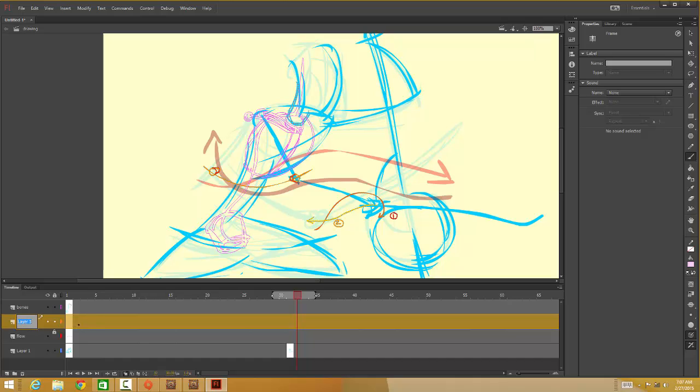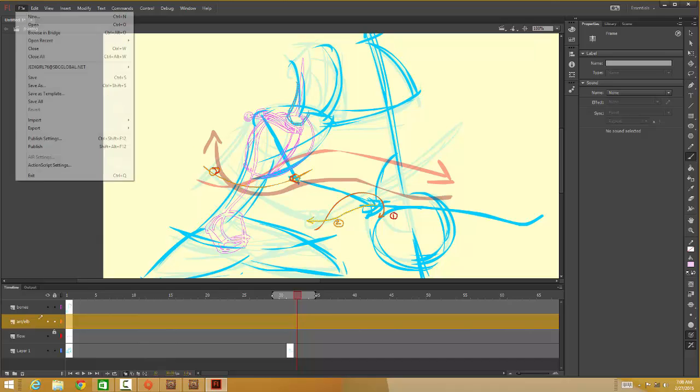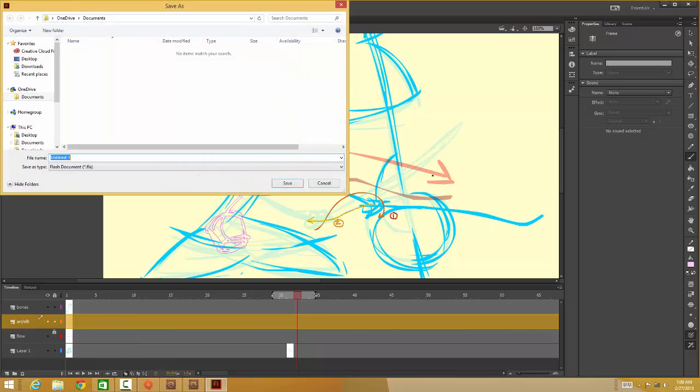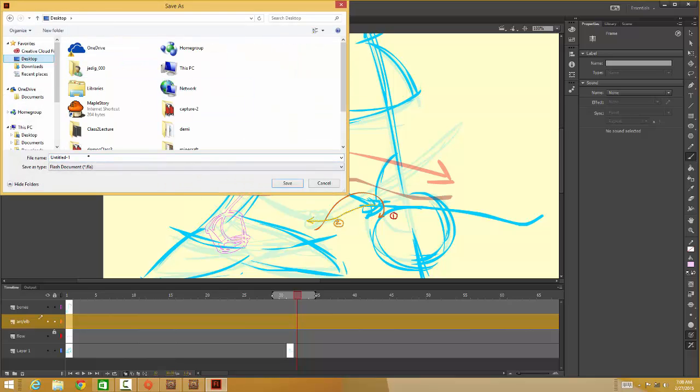So I'll call this arc slash. We'll see if this will let me use a slash in here. ELB. I know that's elbow from years of animation. Better save this thing so I don't lose everything I've done up to this point. So go up to File, Save As, and in File, Save As, I'll just select the desktop as my destination. Call this here